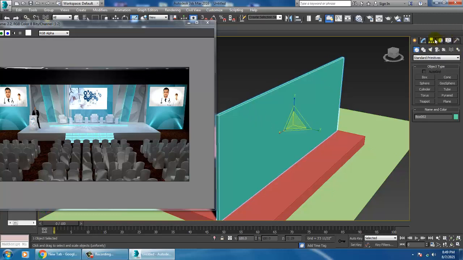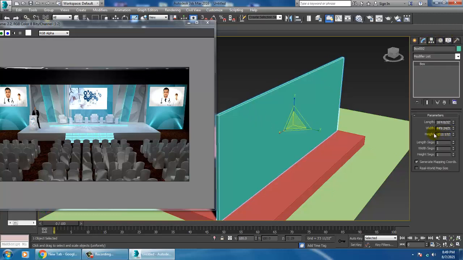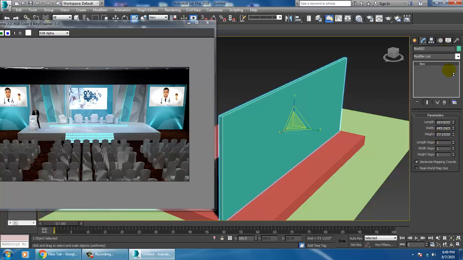We can set this backdrop height around 12 to 15 feet, so let's keep it to 13.